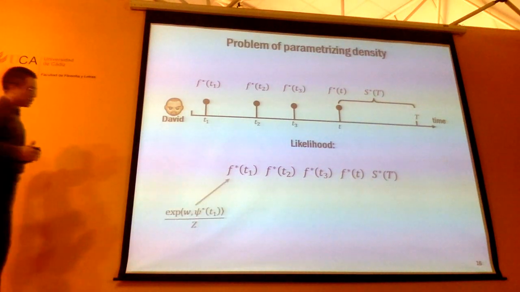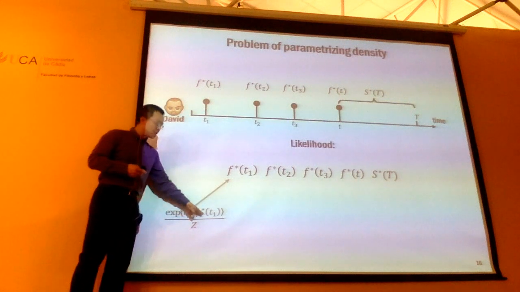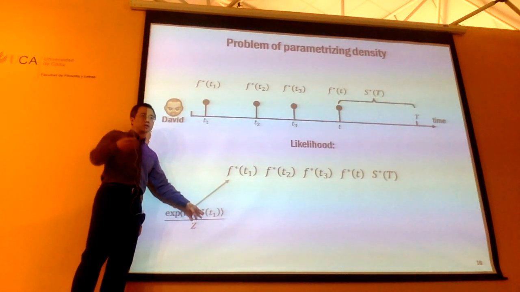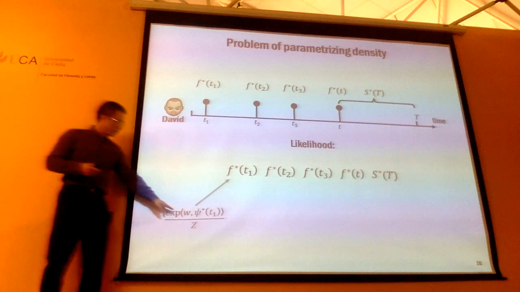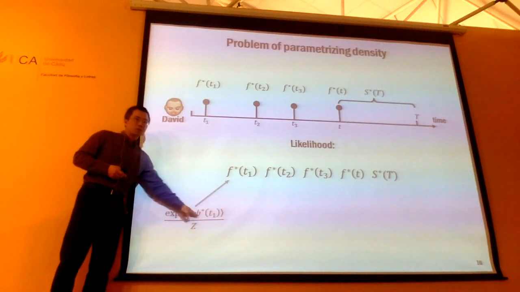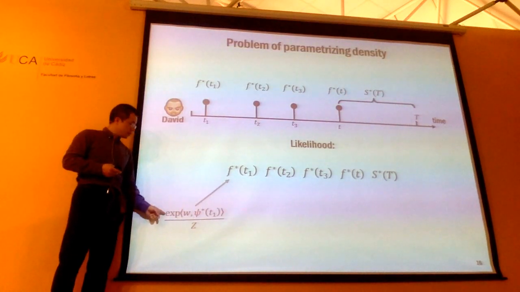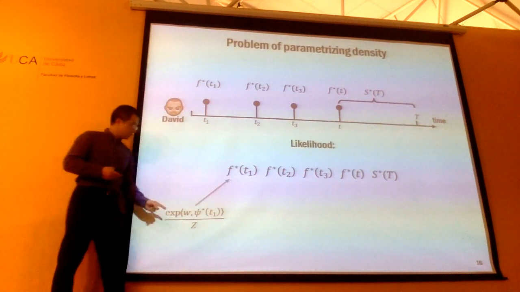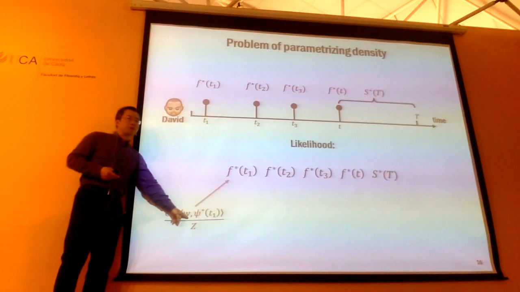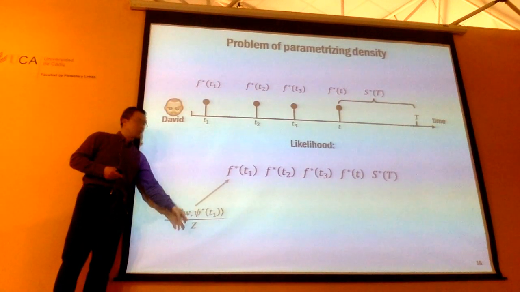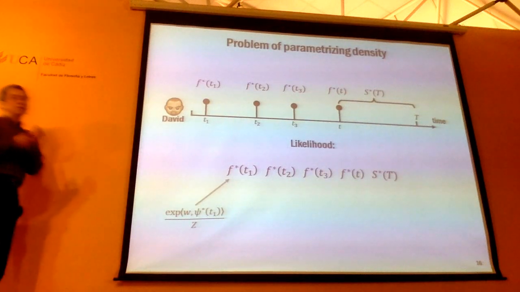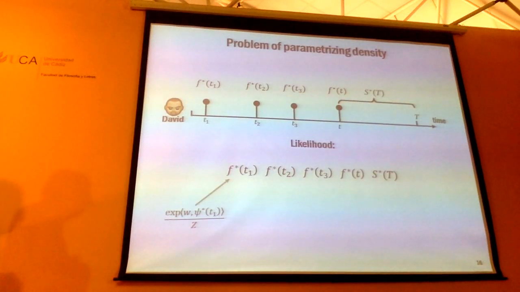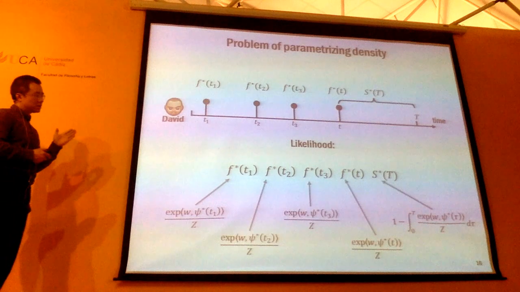So one thing you will do is compute some sufficient statistics of your observation time in this case, and then you have some parameter which is linear in its sufficient statistic. The density or likelihood of seeing a particular time is proportional to exp of this parameter in the product with the sufficient statistics, and then you normalize it by some constant. That's just an exponential family model, right? So we typically choose such a parameterization for density like this, okay? Each term is going to have one density.